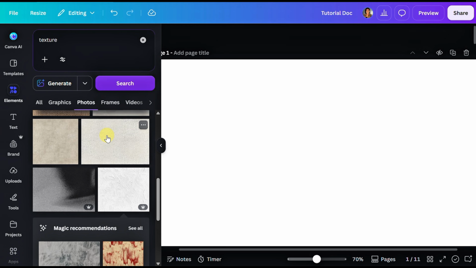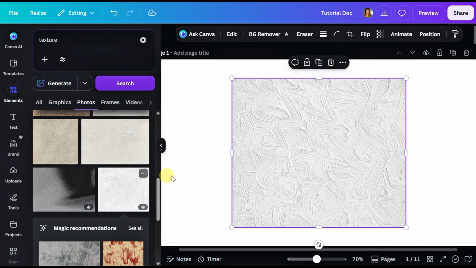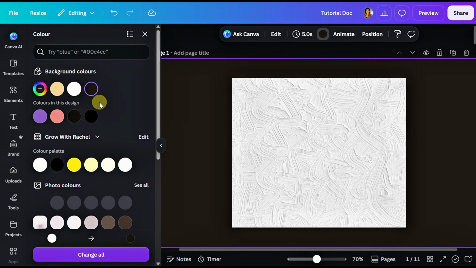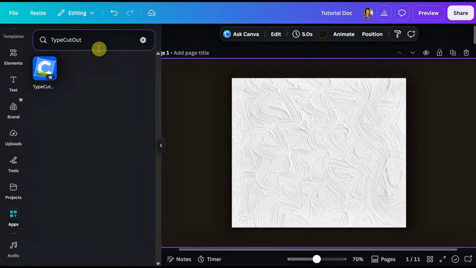Whichever textures that grabs your attention, you want to open that. For me is this one. I'm going to click on this one and add it to my page. So now I want to select the background of my design and click on color, and I want to make that a different color. So now I'm going to go over to my apps here,